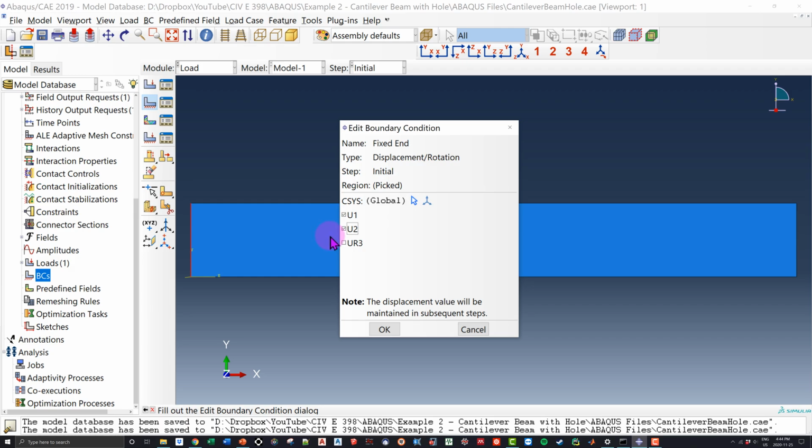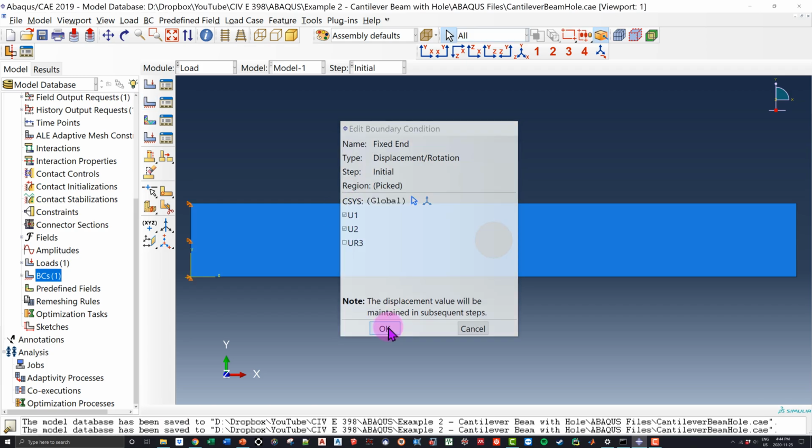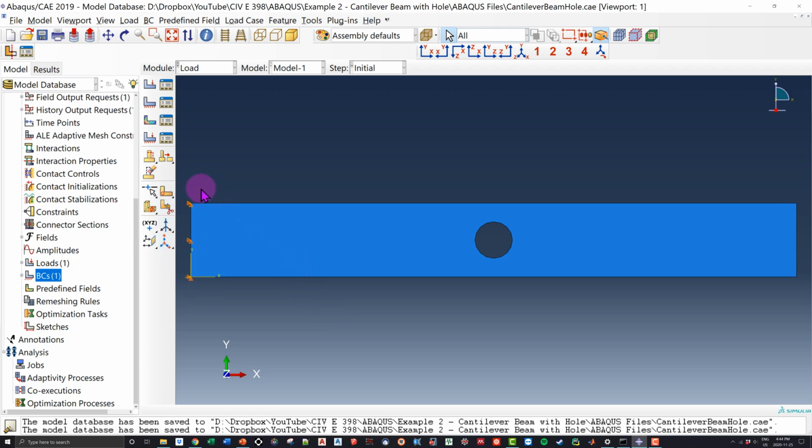Now, let's say that you forget everything I just said and you click this on. It doesn't matter. ABAQUS will know that we actually don't have any rotational degrees of freedom. So once you guys run the model, ABAQUS will give you a warning saying that you guys don't need this, but it'll still carry out the analysis just fine. However, I don't like warnings, so I'm just going to get rid of that. I'm going to restrict the displacement in both the horizontal and the vertical direction, and I'm just going to go OK. So we come over here, we see that we now have that nice fixed end over here,